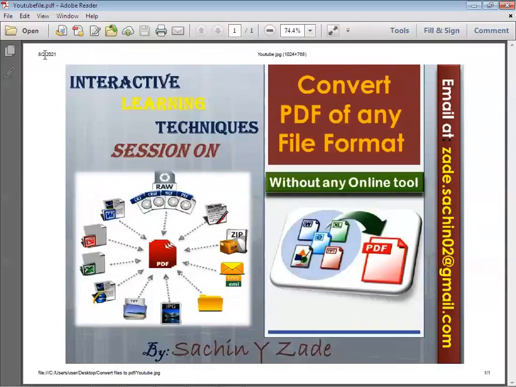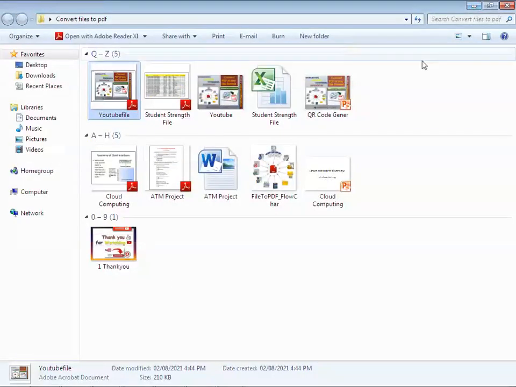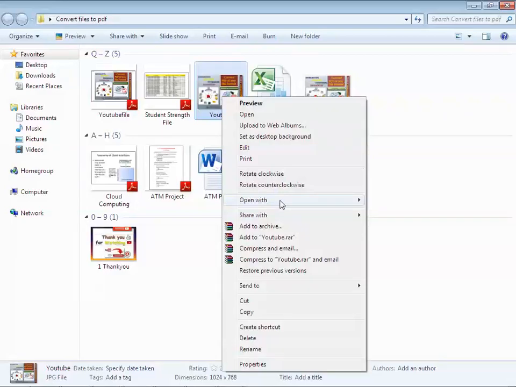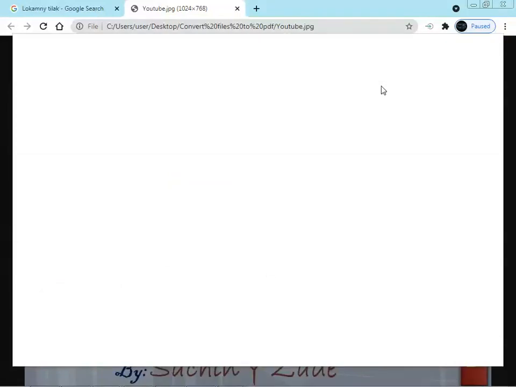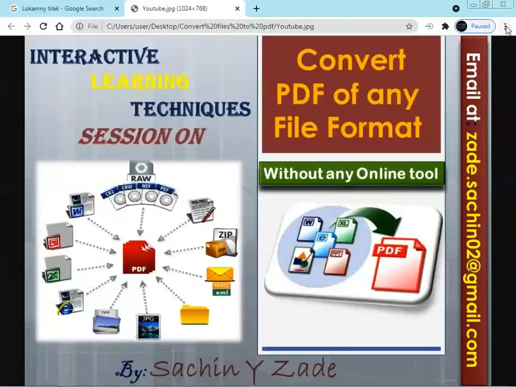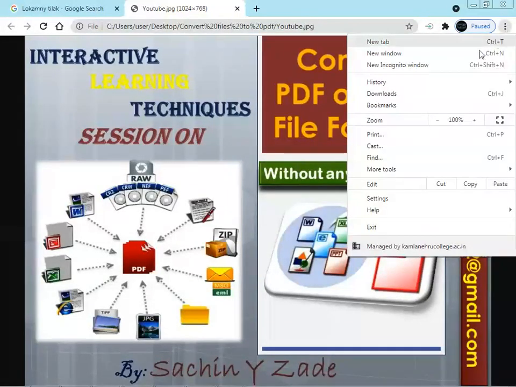At the top you are getting the name, date, the name of the file, and at the bottom you are getting the path. That will be set from the setting itself. One more time we are going to the browser, where we check the print preview, or we can go directly to the right side to the more option, that is the three dots, and here we will get the print option. We can go with this, or directly we can press Control P.